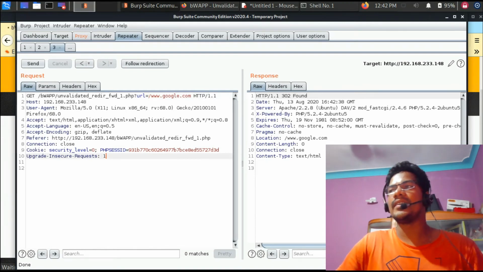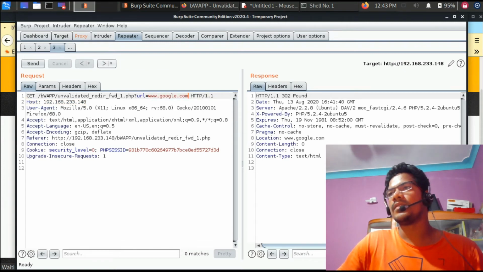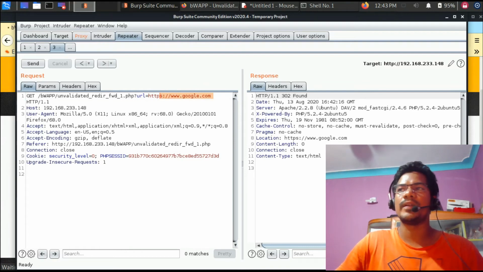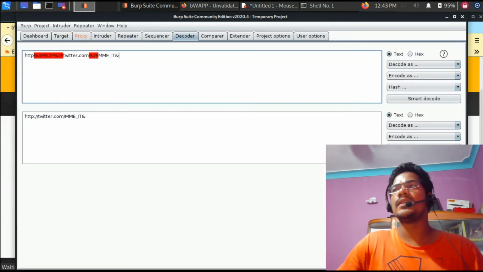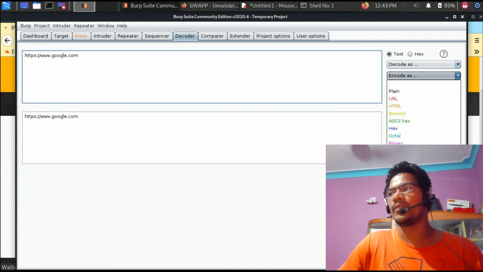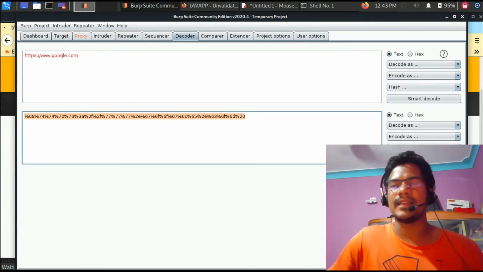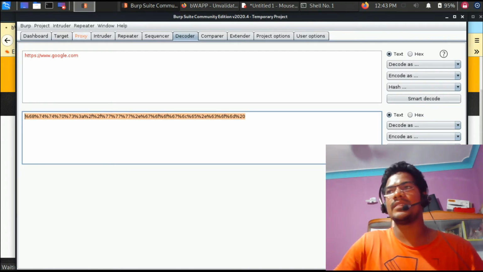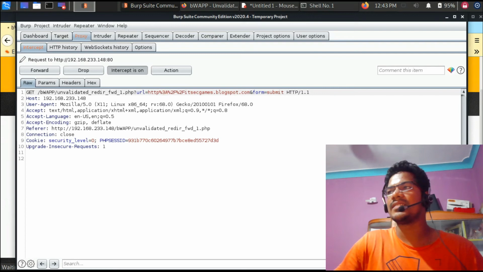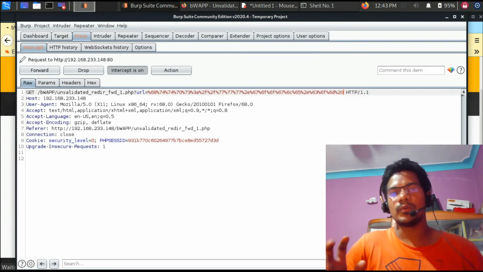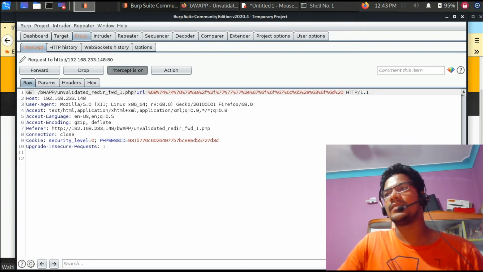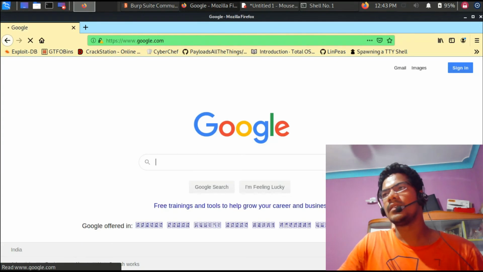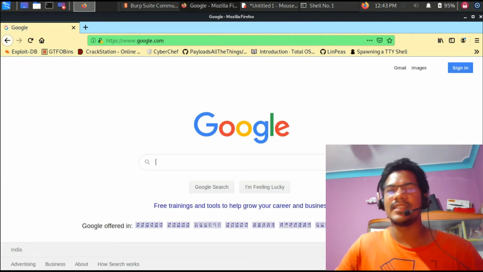Now another interesting way, which again most of the people use, is instead of providing this direct value. So let me take you through one of the examples. Instead of providing https colon double slash, what they do is they go ahead and convert it, or encode it, as a URL encoding, so it's not a simple http and other thing, and then provide this value over here. Now let's go ahead and try this and see whether that particular thing is working or not. So what I have done is I have taken the same payload and made a URL encoding and am forwarding this particular request, right? You could see that it still redirects you to the same google.com, right?